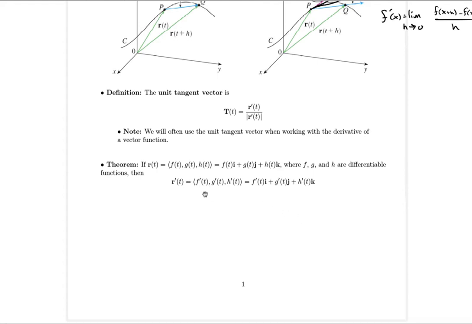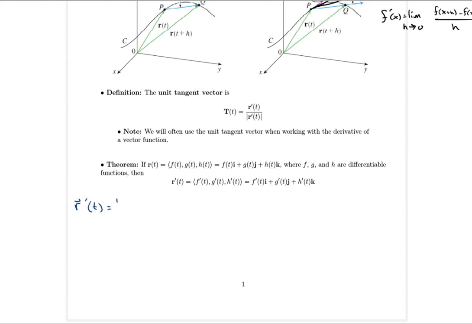So we're just going to jump straight to the practicalities of it. If you want to find r prime of t, all you got to do is take the derivative of each individual function that gives x, y, and z. And the proof of this is really straightforward. So the idea here is if I want r prime of t,